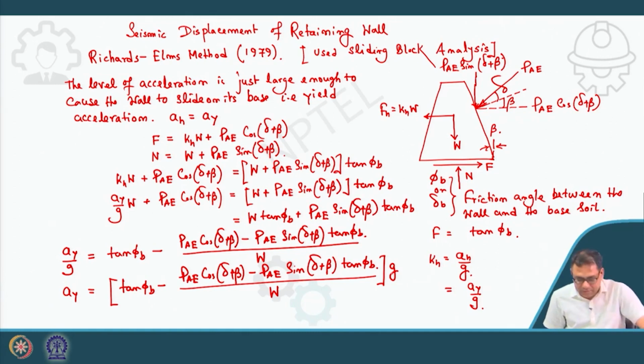So, based on that, from this equation I will get the yield acceleration of this particular system where your factor of safety is exactly 1. Now, from there, using that sliding block analysis, the permanent displacement